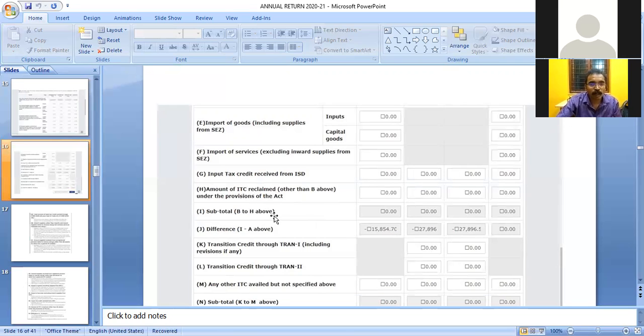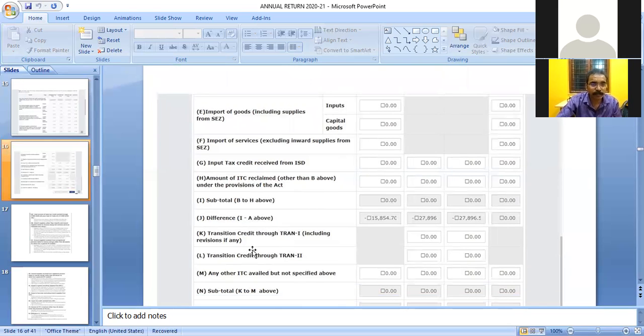Then comes column 6I, subtotal of details above. Then comes column 6J, difference amount, which is auto-populated and cannot be edited. Then comes column K, column L, transition credit from TRAN-1 and TRAN-2. This is populated from TRAN-1 and TRAN-2. Now it is not relevant; we shall not consider this now.